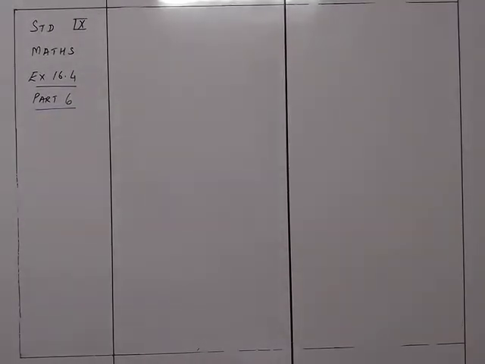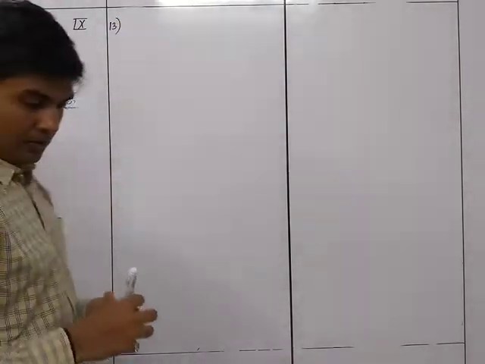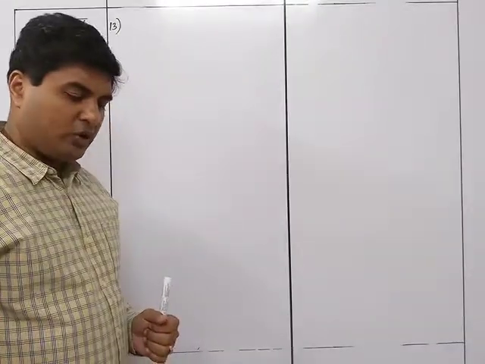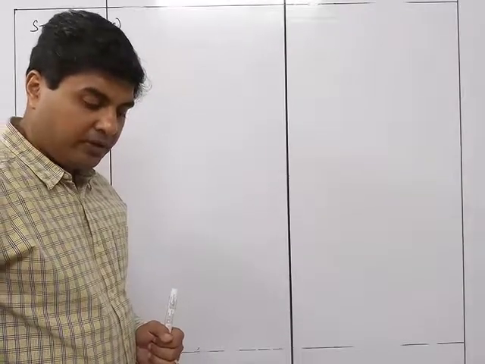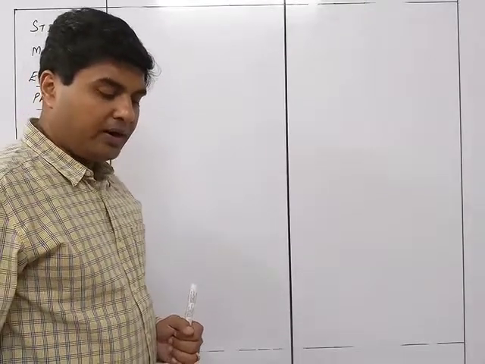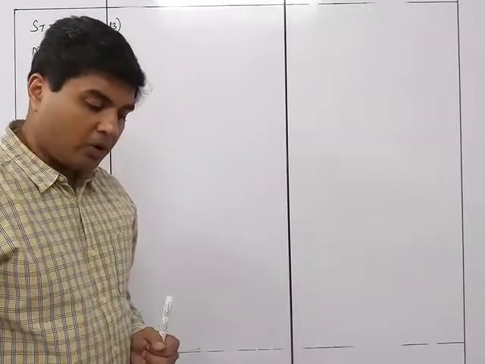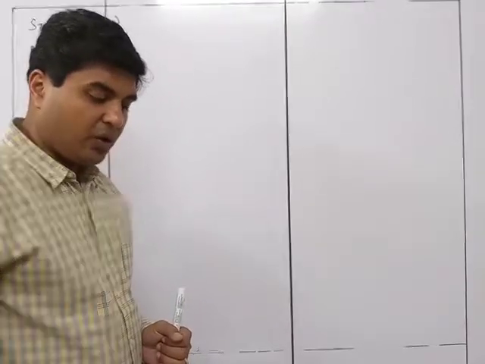So we continue with sum number 13 of exercise 16.4. So that is sum number 13. A certain quantity of wood costs 250 rupees per meter cube. A solid cubical block of such a wood is brought for 182.25. Calculate the volume of the block and use the method of factors to find the length of one edge of the block.